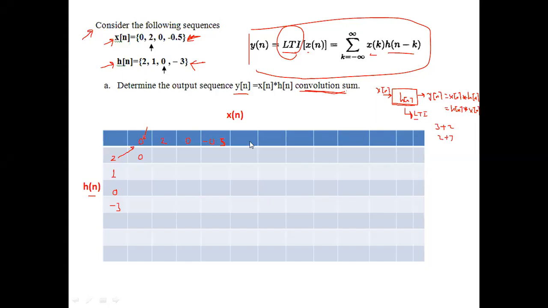Okay, so let's continue. As I said, there are many methods to calculate this summation. You see, it is the summation of x of k times h of n minus k. But the easiest method is called the tabular method. So you put x of n this way and h of n vertically. So the first step,